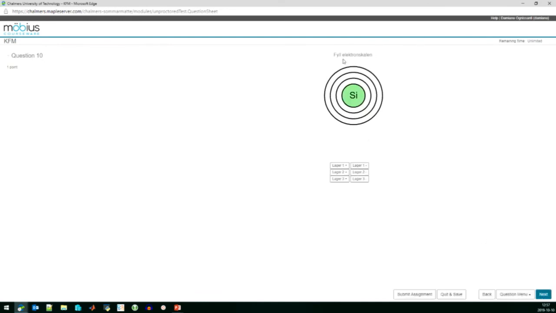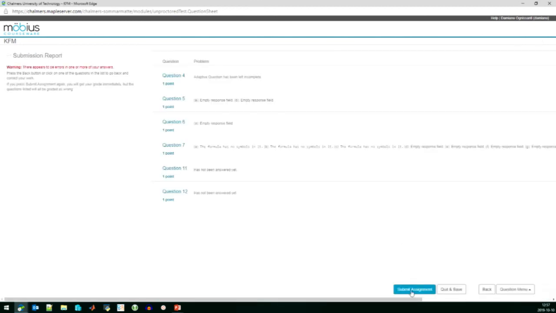So this one is a simple HTML application where you're going to fill the electron shells. So I did this in JavaScript really fast just to have something to show. But as you see, it works well. You can add and subtract these things like this. And the thing is that when you submit your answer,